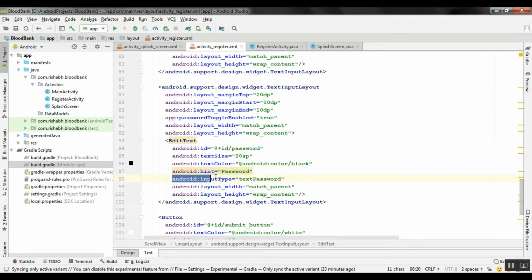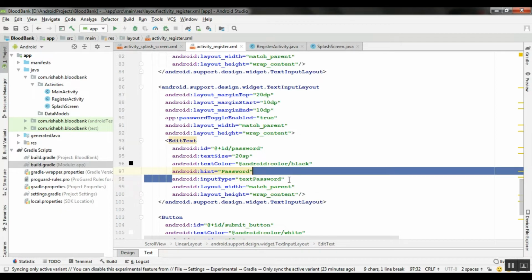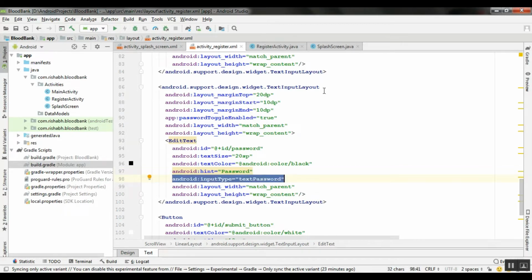Here you can see the input type is text password, and also in the text input layout we have this app:passwordToggleEnabled set as true. I will show you what this will do in the app later. Then we created a button